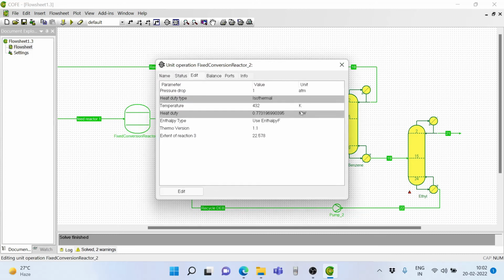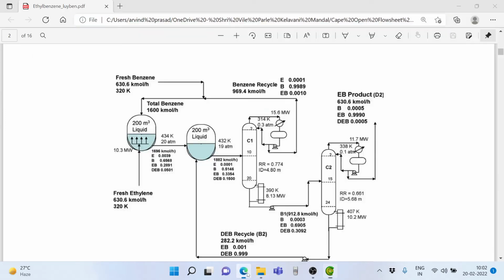Now the second reactor load is 0.773 megawatts, and let's see what we have in the article. In the article, we have the load of the second reactor as 10 point... No, it's not written. So fine, it's not written, but we have estimated it. And